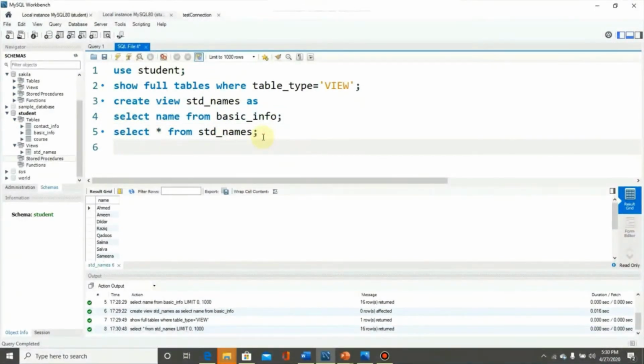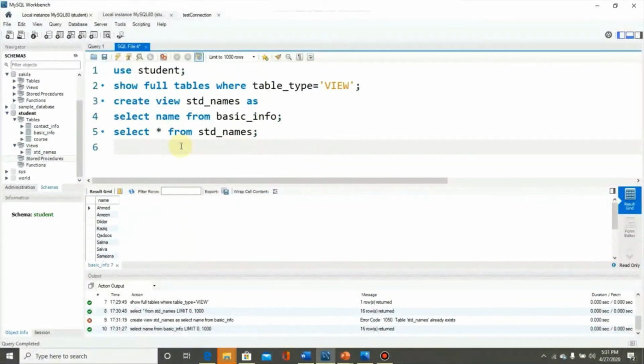Now we are going to type a bit lengthier statement. We will have a natural join in it. Here in the student database we have two tables, contact info and basic info. First we will check the contents of basic info.